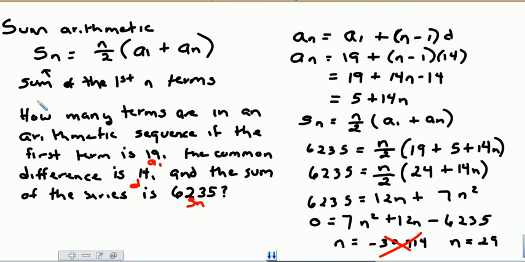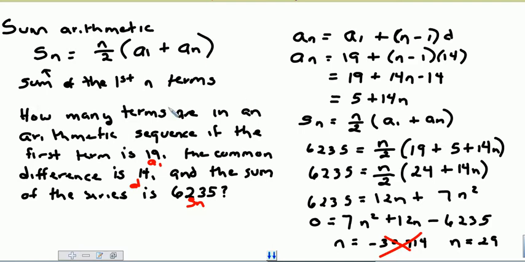Now, the hardest part about this formula is that I do need to know what a sub n is in that particular sequence of numbers in order to be able to find the sum. What this means is, let's say that I want to find the total sum of all the terms in a sequence that start with a certain number, that end with a certain number, or that I know how many terms I have. This is what I'm going to use.